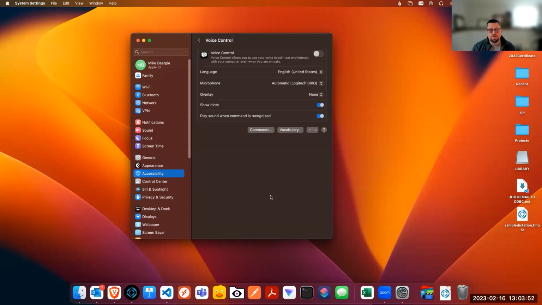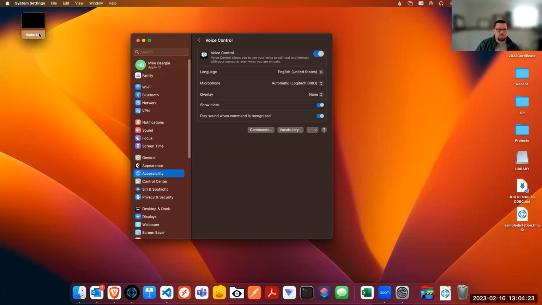So voice control is the ability just generally to control your entire computer without using a mouse, without using a keyboard, without using a physical interface, so to speak. So everything is commanded through the microphone. So we're going to take that and we're going to use a very simple version of that by just using dictation. So if you come in here and just turn this on by default, you'll notice that